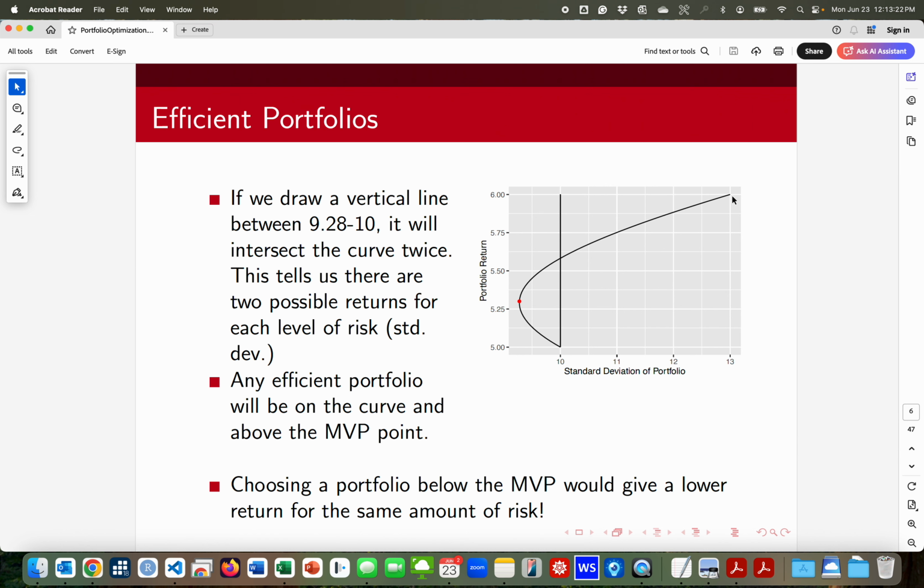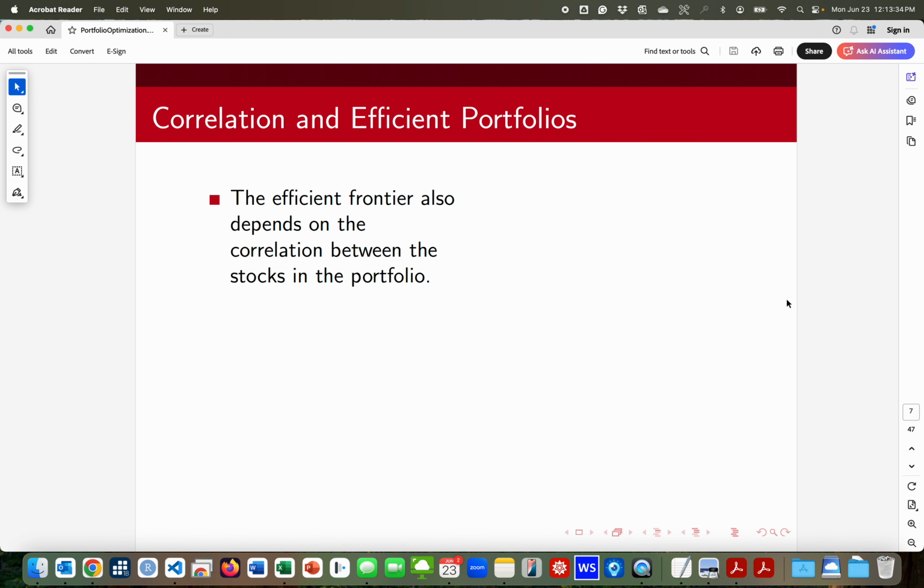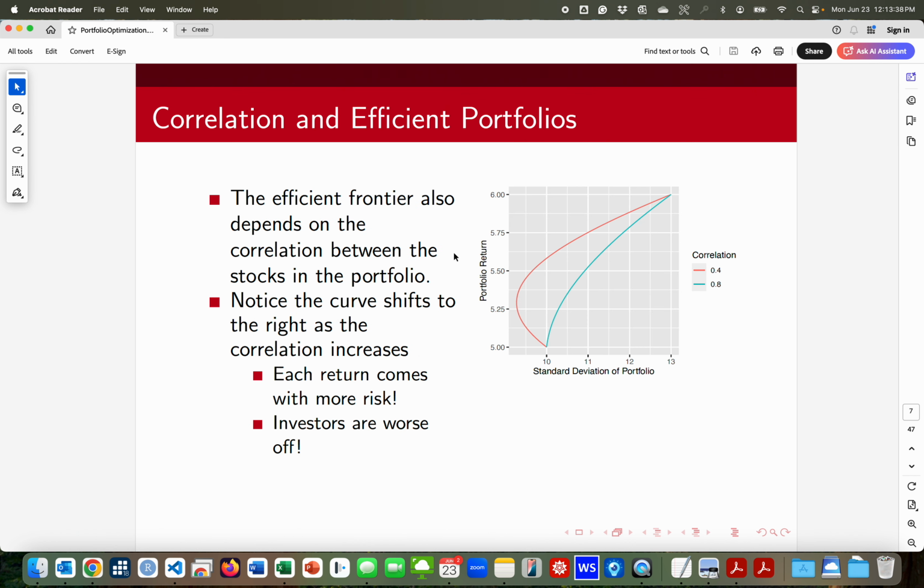Which point you choose on that curve depends on the risk-free return that we'll see later, and then the risk tolerance of the investor. But we can eliminate all of these here because they're lower return and higher risk. So we can do it again with